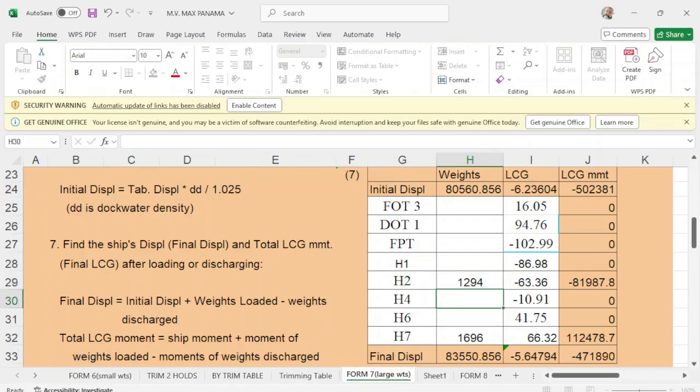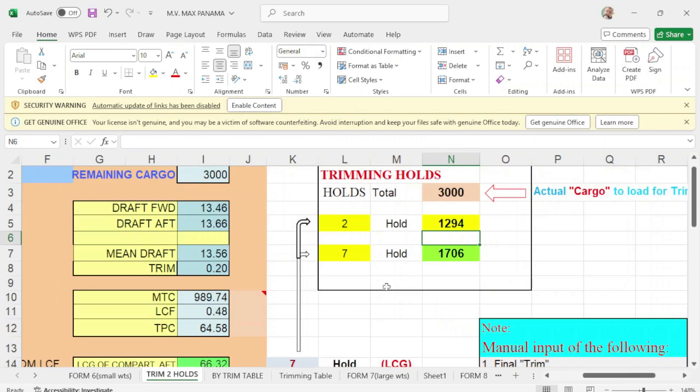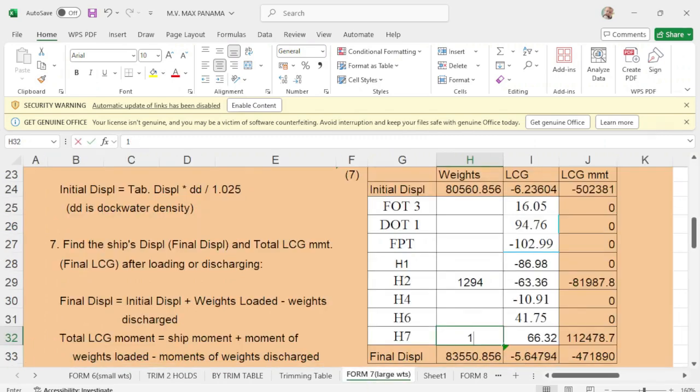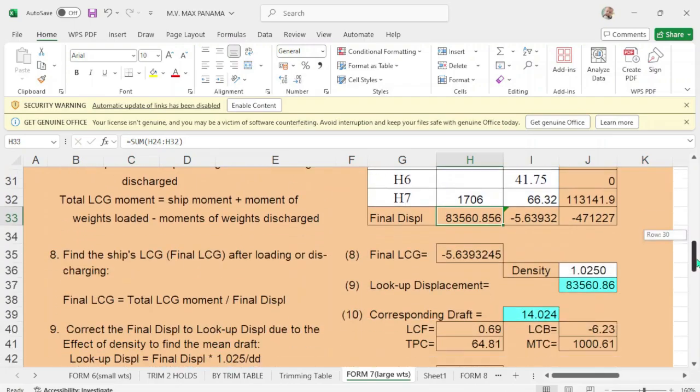And number 7, how much you load is 1706. Put here 1706. Okay. And your departure drop, after completion of loading, your density is still 1.025, and your main drop is